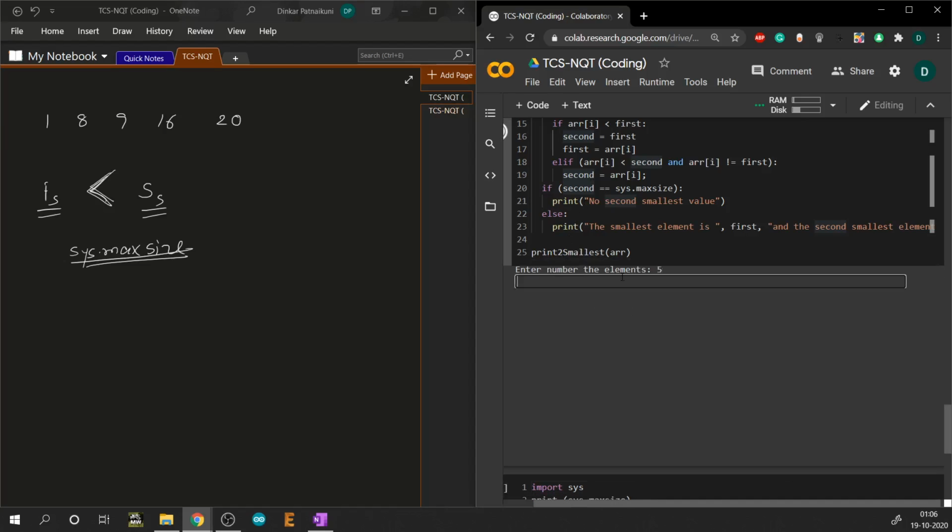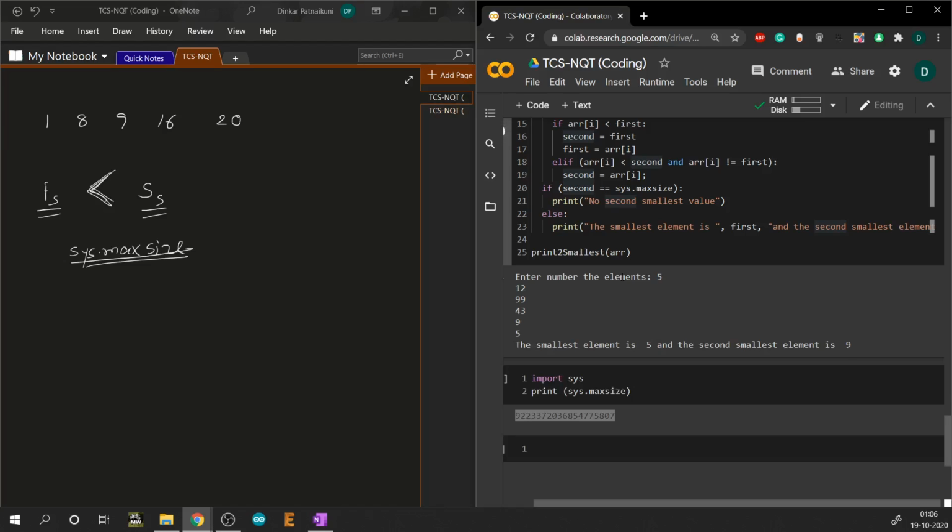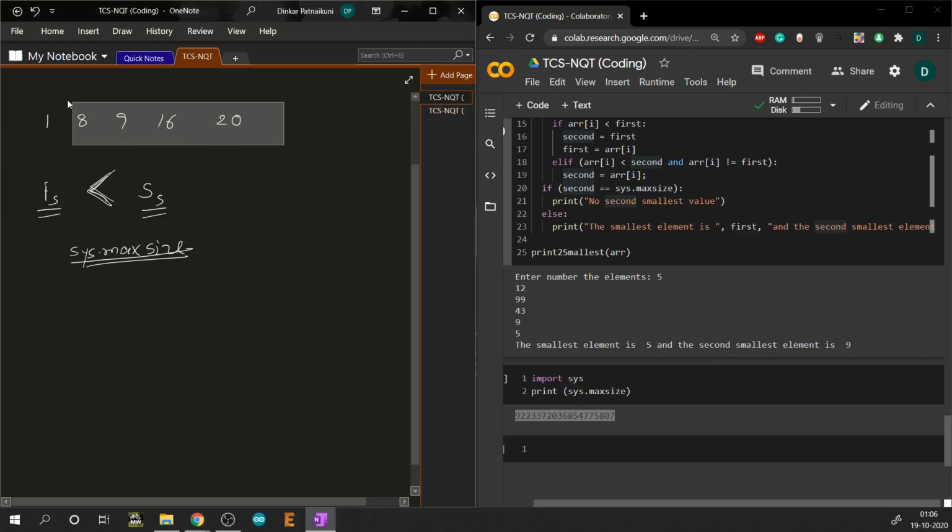I'm entering it too fast, I guess. So let us check this. 12 first, then 99. Let us go for 43, 9, and maybe 5. 5 should be the smallest and 9 should be the second smallest. Okay, so let's go with